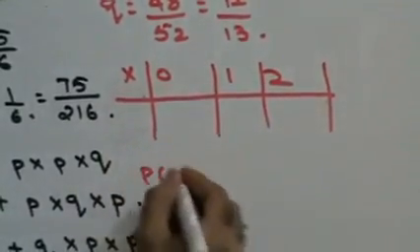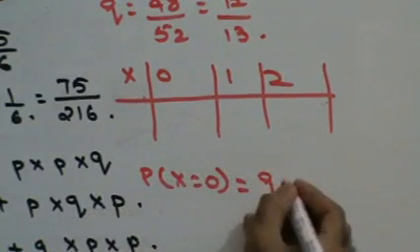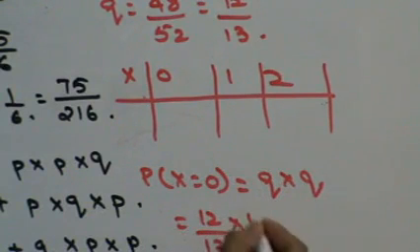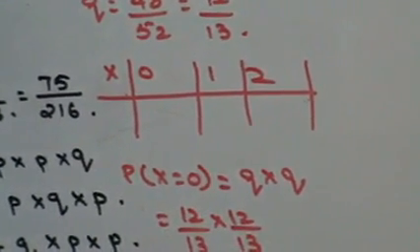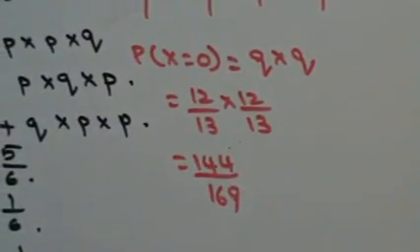Now let's see this. Probability of 0 success. 0 success means I get a failure first time and a failure second time. That's 12 by 13 into 12 by 13. That's 144 by 169. Right? Next,